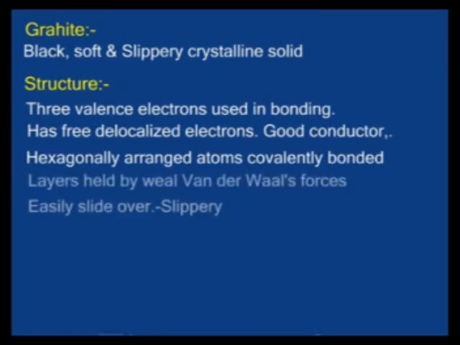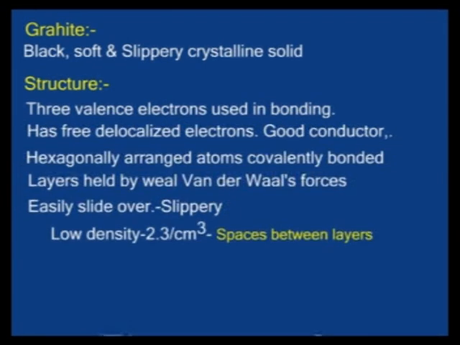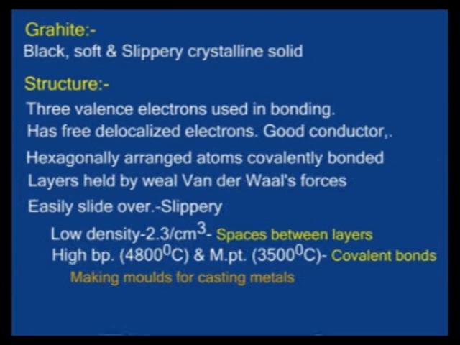The layers in graphite are held together by weak van der Waals forces. The layers thus slide past each other, and hence graphite is slippery in nature. It has a low density of 2.3 grams per centimeter cubed due to the spaces between the layers. Graphite has a high boiling point of 4800 degrees Celsius and a melting point of 3500 degrees Celsius because of